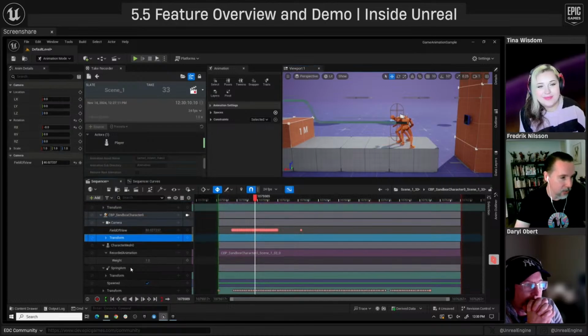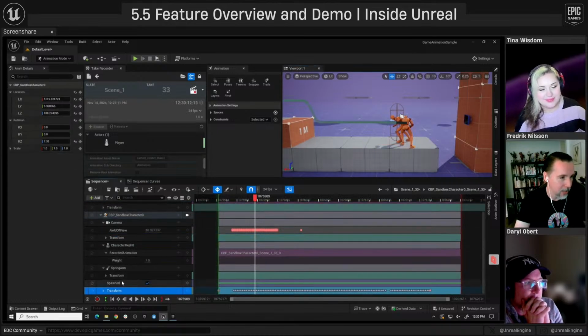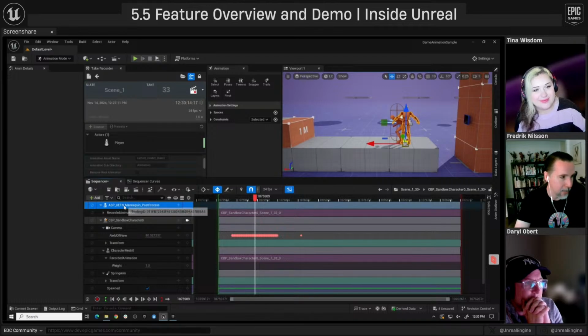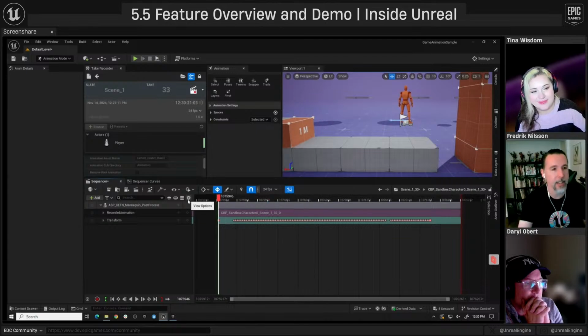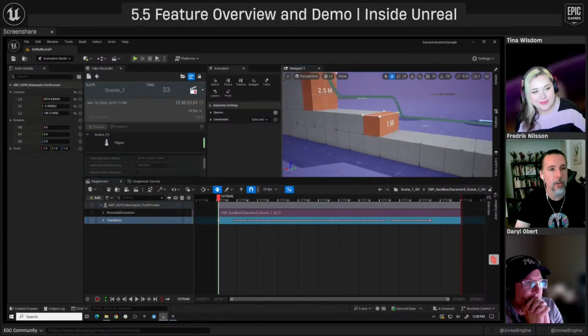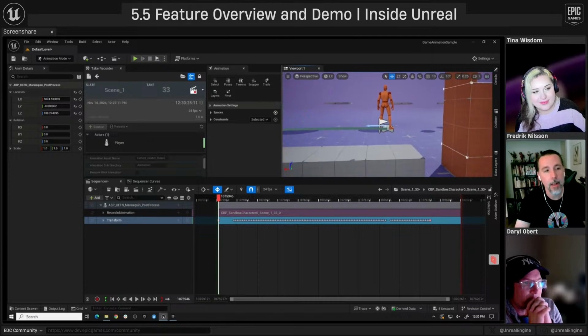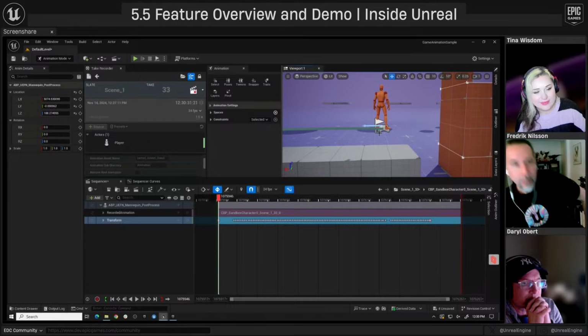And I can do the same with the transform track, which is where he's moving through space. So I'm going to copy that. I'm going to delete that one and paste it. Now I can delete the other guy because now I've basically moved the motion. So there's an offset that I'll show you in a second, but I basically moved the motion to another character. The other character comes with a lot of baggage. It has the camera. It has a lot of extra stuff that you don't really need.